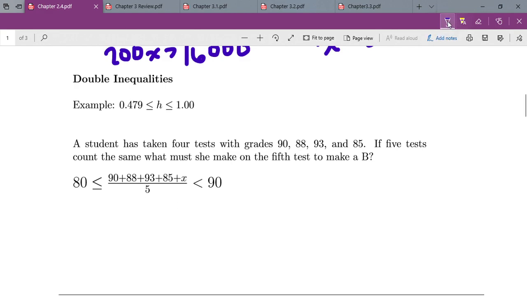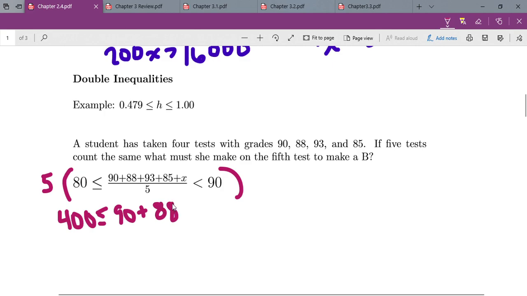The trick with double inequalities is that what you do to one thing, you need to do to all 3. So I need to get rid of this 5 here, which means I've got to multiply everything by 5. So 80 times 5 is 400, which is less than or equal to 90 plus 88 plus 93 plus 85 plus x,